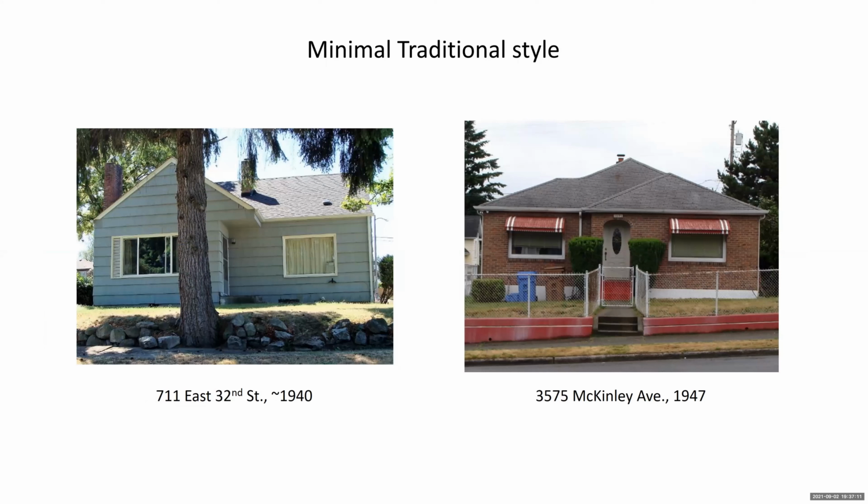And I wanted to spend a little time to talk about the minimal traditional style, even though this was only about 9% of the buildings that we looked at. It's often called the little house that could. These are small, usually one-story. They usually sit sideways on the lot, and realtors love to call these Cape Cods. I'm not exactly sure where that came about. And notice that the roof eaves, particularly on the house on the left-hand side, you can see this really clearly. There's almost no eave at all. The roof comes right to the edge